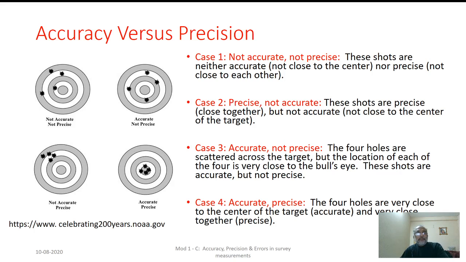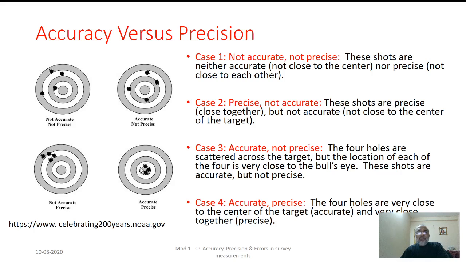As you see here, these 4 shots are very close to each other. That means these shots are precise, but they are away from the bullseye. Hence, these are not accurate. Whereas, as you consider this 4th case,